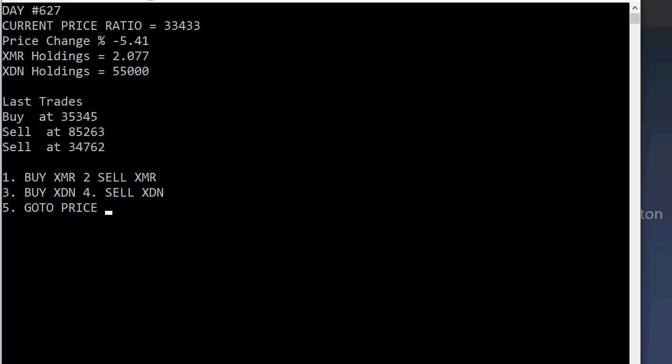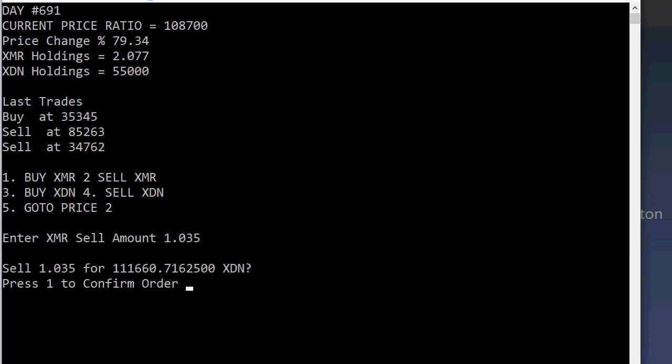So therefore, what we got here is, again, 35,000 was the last buy. So let's go to price. Let's go to 16,000 for the buy, 79,500 on the sell. It goes up, and decent size gain at that. So let's sell 1.035 of the Monero